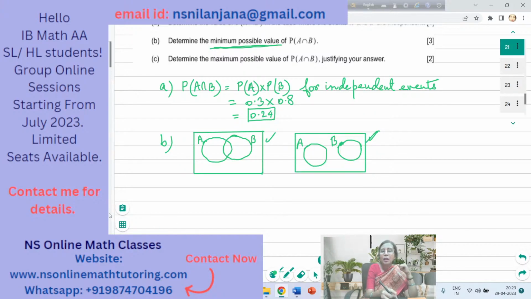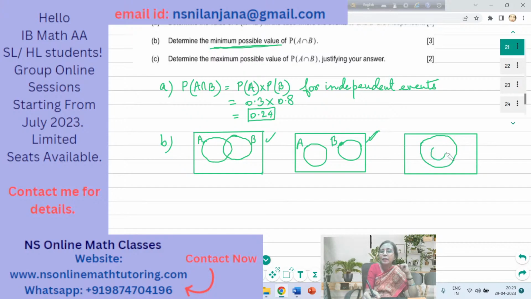Yeah. Or else, what can I do? Can have a third possibility. The third possibility is one is within the other. When we are having two sets, I can think of only these three possibilities